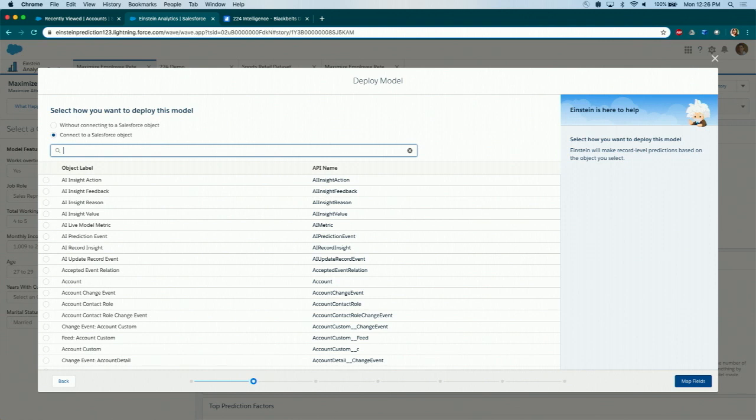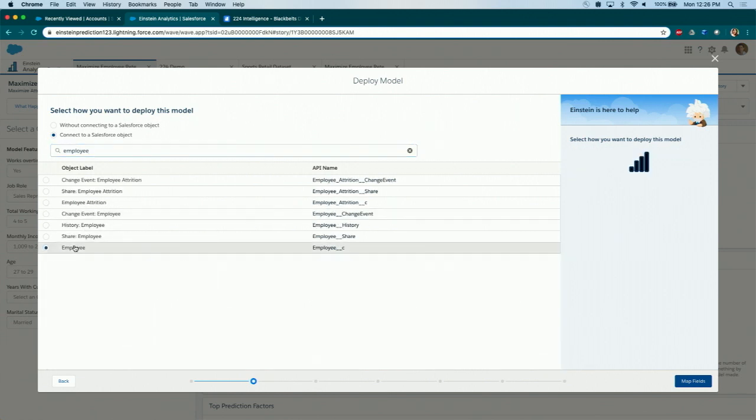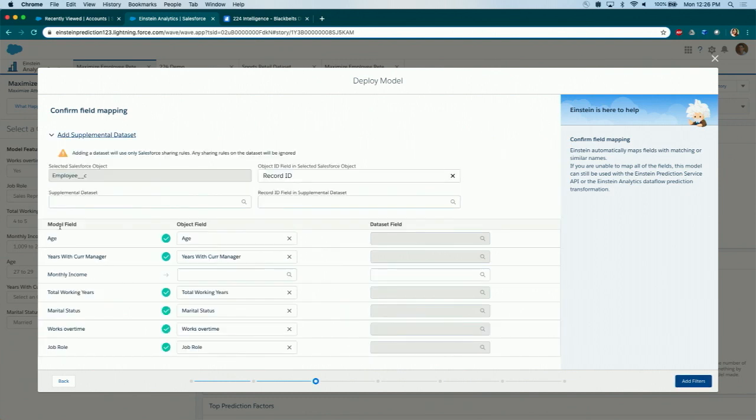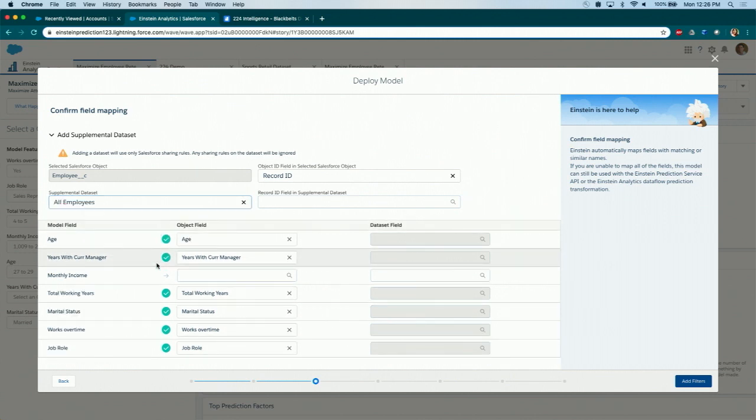So in this case, let's say employee is the object we're connecting it with. Let's go ahead and map the fields. It's automatically mapping those fields back to that employee object, but we see that monthly income is missing because monthly income might be coming from a supplemental data set, an outside data set. So let's add a supplemental data set. Say that data is coming from all employees. That's another data set. So now I'm adding a second data set to